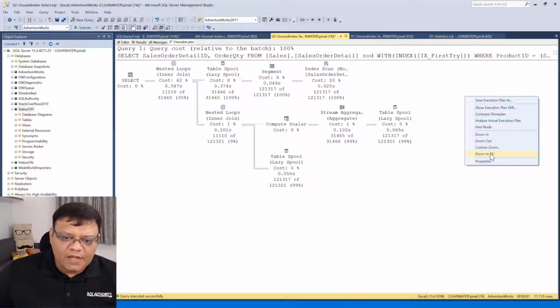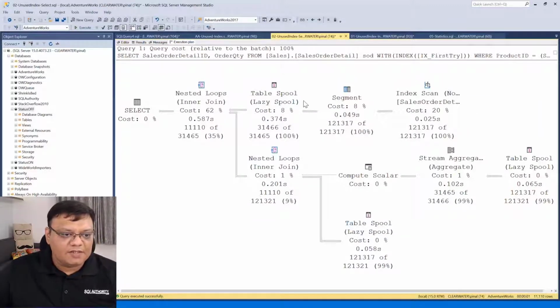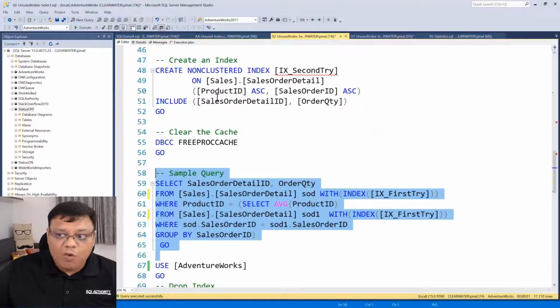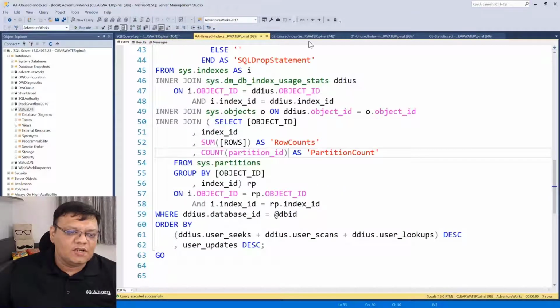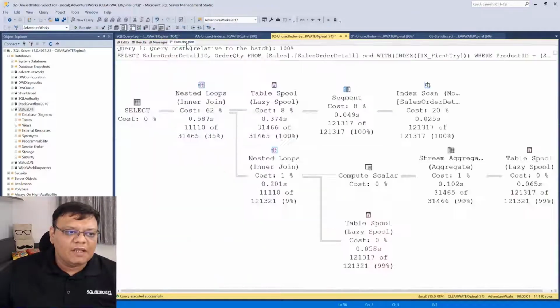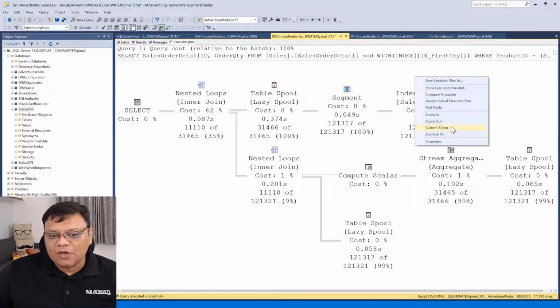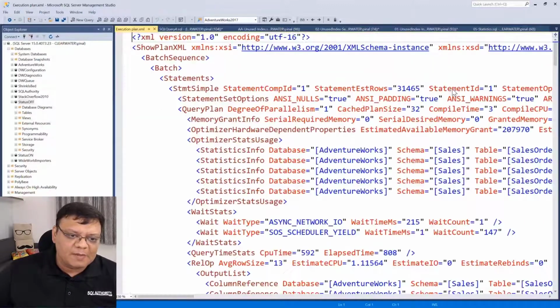Look at the execution plan. It's still the same bad. It has a couple of spools and things. But when I see this one, we believe, oh yeah, it's not using that index, because I went and used this unused index script. But when I look at the execution plan XML, the execution plan may lie a little bit, but the showplan XML, or the plan XML, doesn't lie.